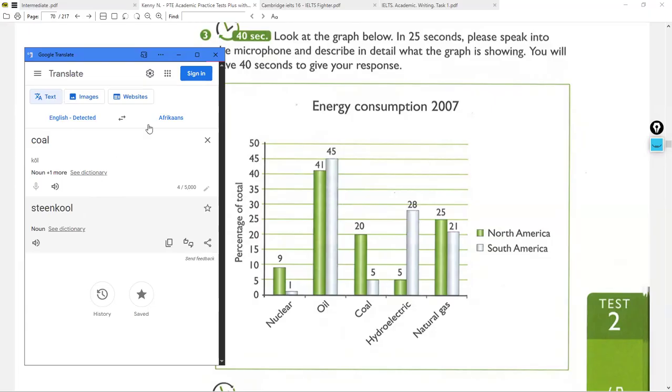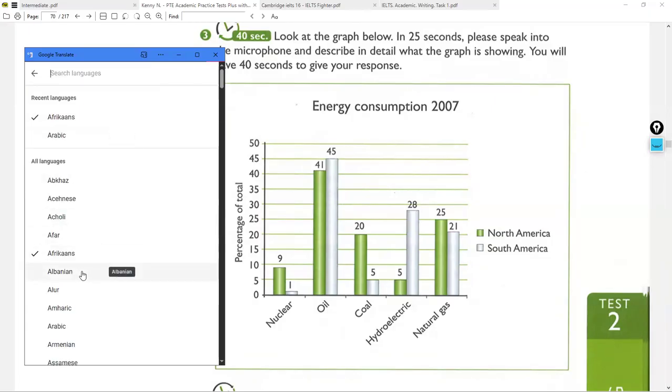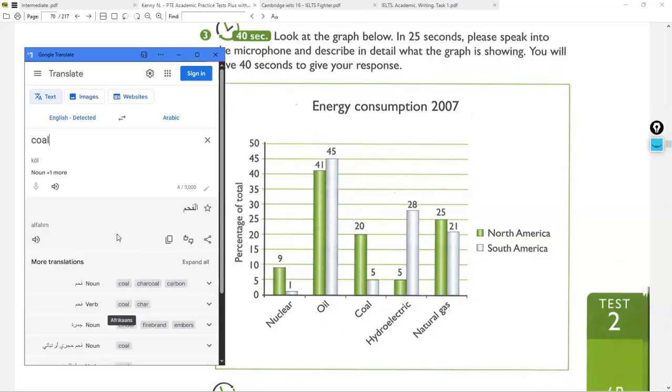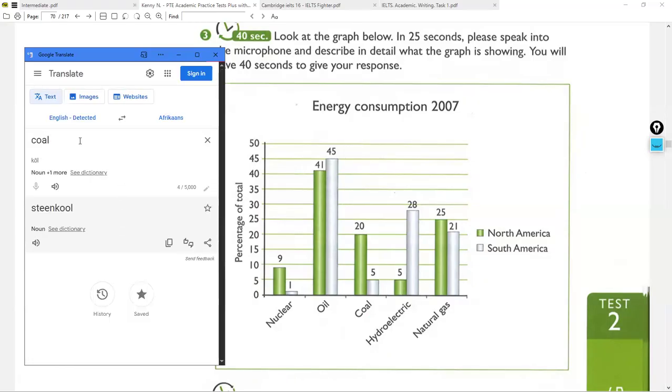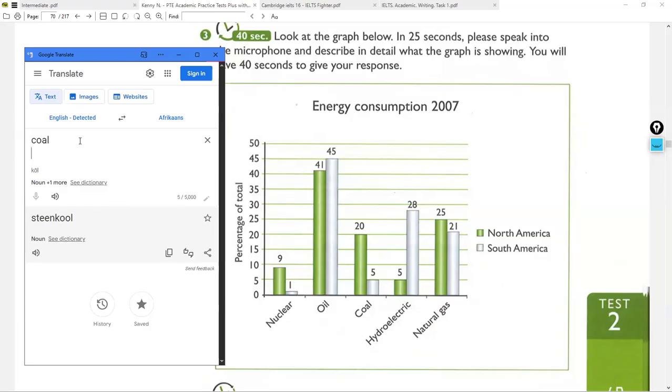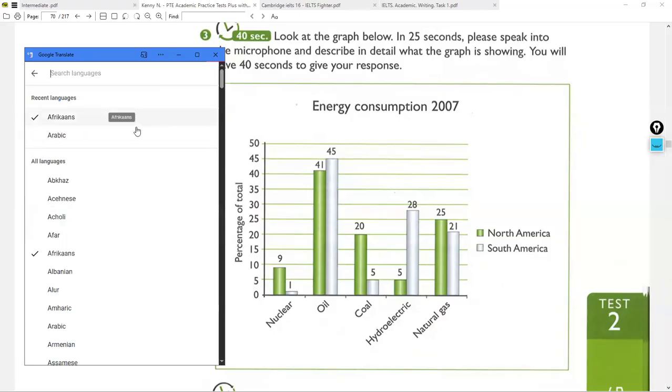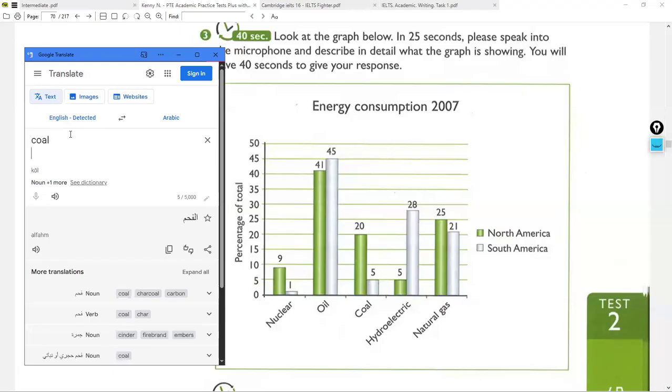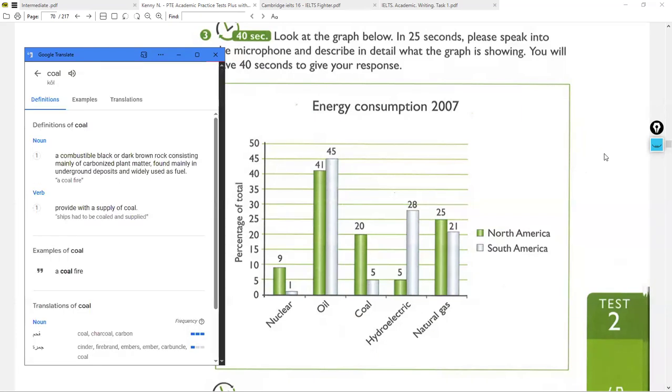Wait. What is this? I need the Arabic language. This is it. Wait, what is wrong with it? Yes. Okay. This is the meaning of coal. Exactly, a source of energy. Let me show you the meaning of